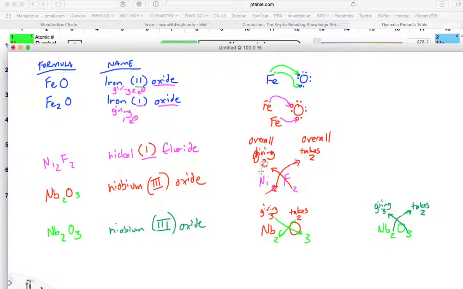For these kinds of reverse crisscross where we have the formula and we're trying to find the name, for this case nickel fluoride right here, set up by writing out this formula and then doing a reverse crisscross, meaning that you go up over here and we say overall giving 2 and overall takes 2. Okay? If you have this strange situation,